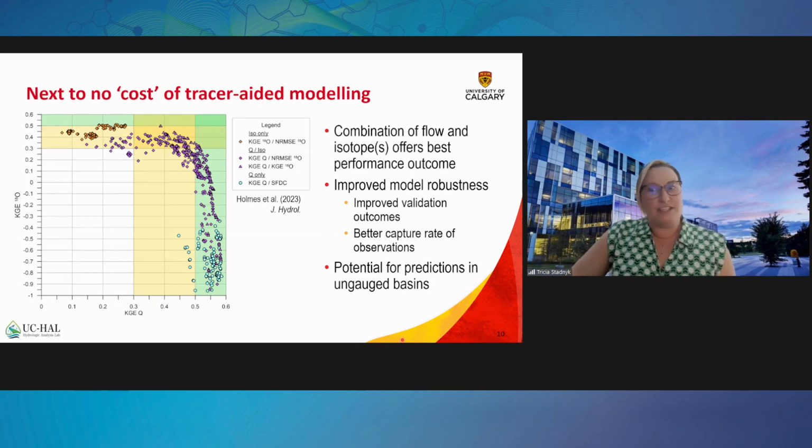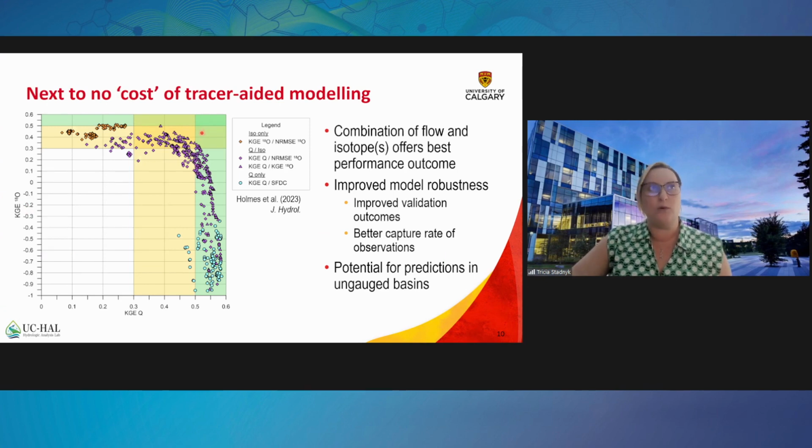We've also taken a look at the cost of increasing model complexity by adding isotopes to calibration, and we can actually achieve near equal model streamflow performance, which is very important from an operations or practitioner point of view. And so this is showing the KGE of flow, which is a metric that we use. The maximum value is 1 versus the KGE of oxygen 18. Again, the best value is 1. This is for a basin, though, where we have fairly limited data and a large scale. So we wouldn't expect to get KGEs of 1 in this case, but you can see that the best fit